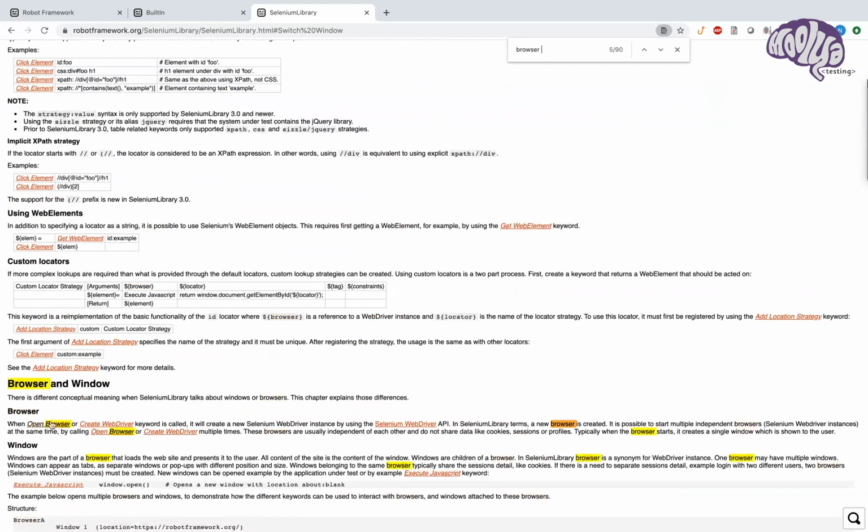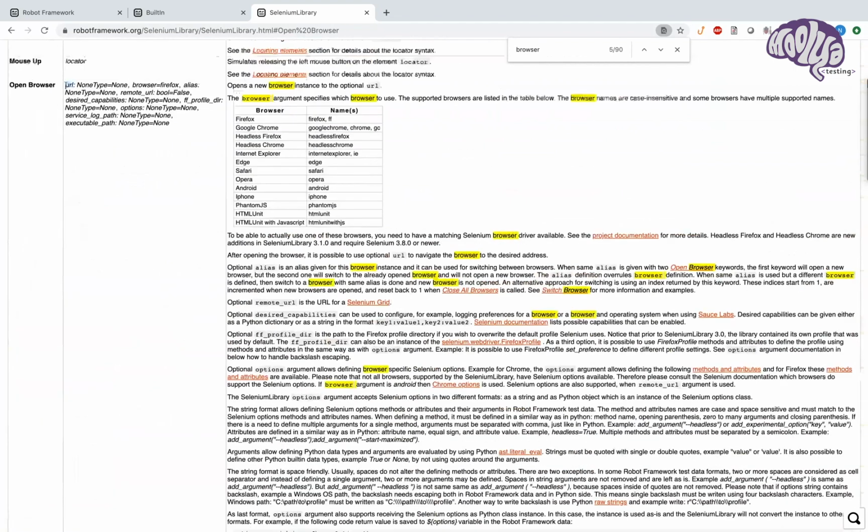Okay, Open Browser. So if you see here, my first parameter is the URL that I'm going to pass, and the next parameter is browser, which browser I need to open. The robot doesn't know, okay, you have given me the URL, under which browser I need to open. So two parameters are mandatory here. There are other optional parameters. Once you start working on the Robot Framework, you will know what are all the mandatory parameters and what are all the optional ones. So URL and which browser is important here.